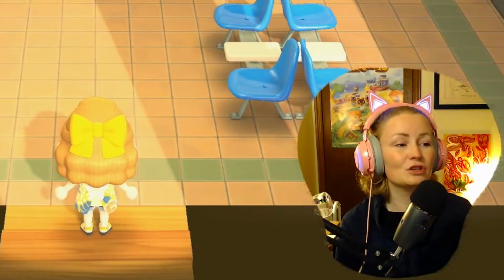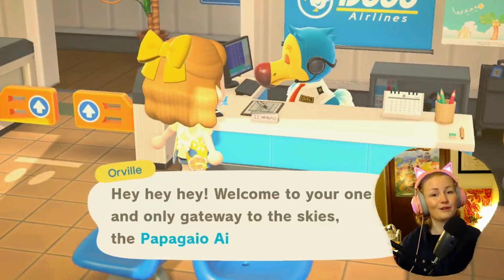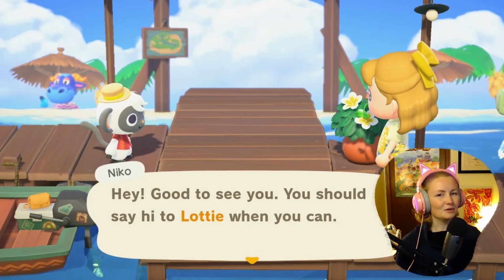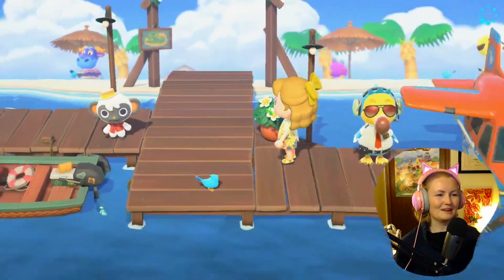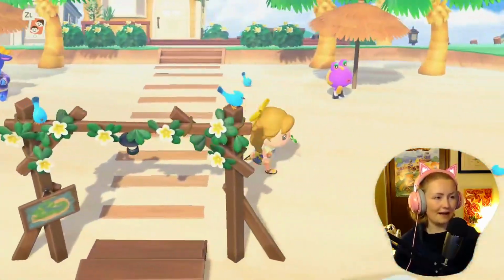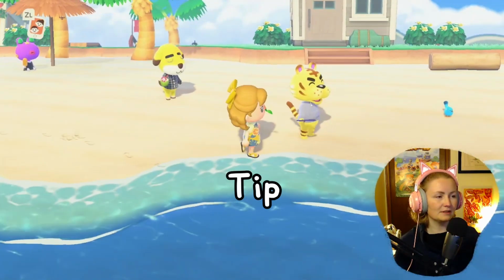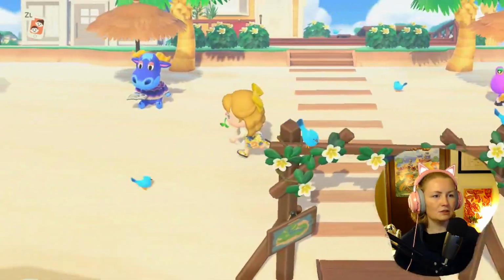So let's go over to the island. I think that we should be ready to actually build the school, but we'll see when we get over there. I love that Nico just welcomes you every single time you come to the island. It's so cute. Who do we have here? Ooh, we have Fret today. That is neat. And Gigi and Tybalt and Stu and